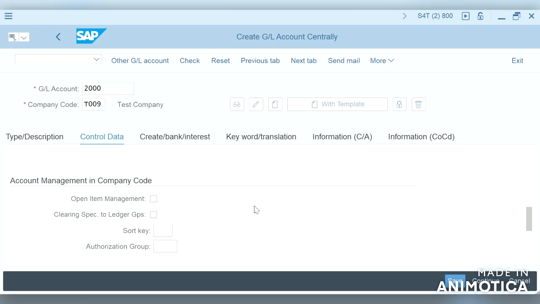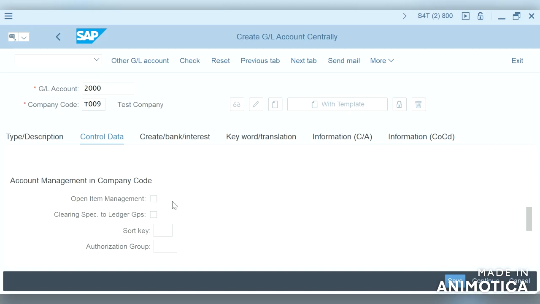Open item management. If this open item management is ticked, for example if it is a tax payable GL, it keeps on accumulating postings from sales transactions, and at the end of the period the accumulated tax is paid to the tax authorities and the posting is made in the same GL.